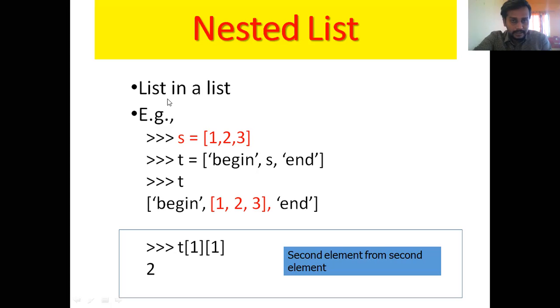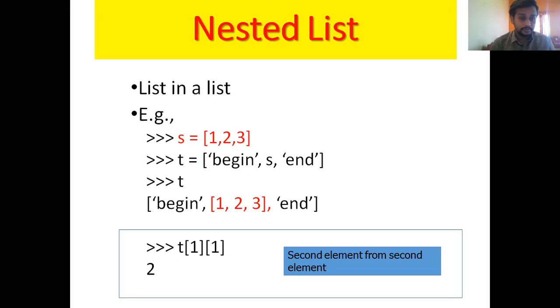So here a list in a list means nested list. S equal to [1, 2, 3] is one list, T equal to [begin, S, end]. These are the two lists. What is the S value here? A list is there. It contains the value 1 2 3. Keep in mind this is a variable name S. If you assign the list S equal to [1, 2, 3], T equal to [begin, S, end], the value of S list is going to be added 1 2 3. In this way also you can